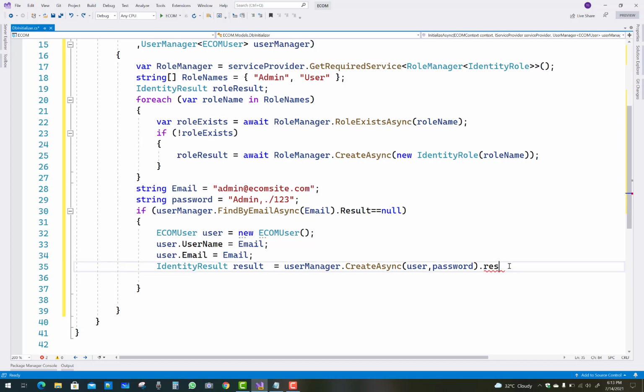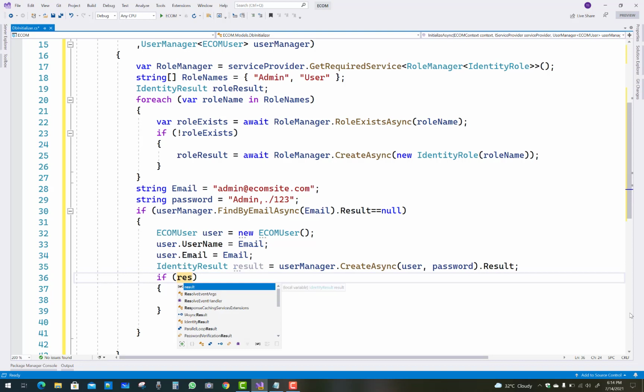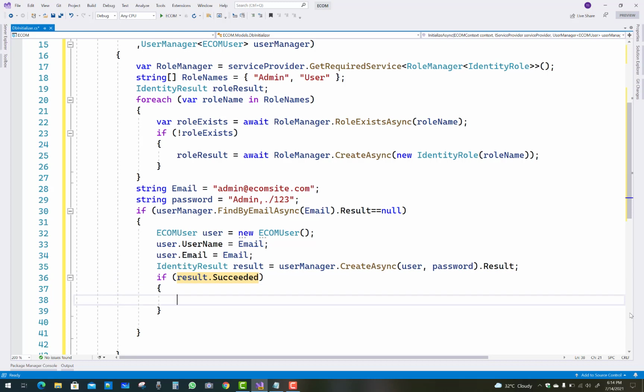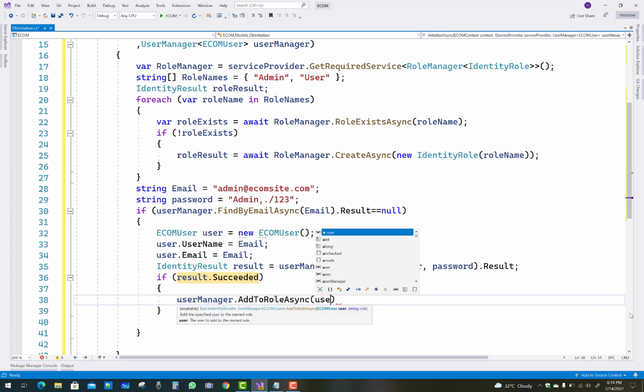So CreateAsync successfully creates a user with the email, the password and the username. That is the default required parameters. If result.Succeeded, I mean to say that if the user is created successfully, that user is assigned to the admin role. So userManager.AddToRoleAsync, with the user, and the role name is Admin.